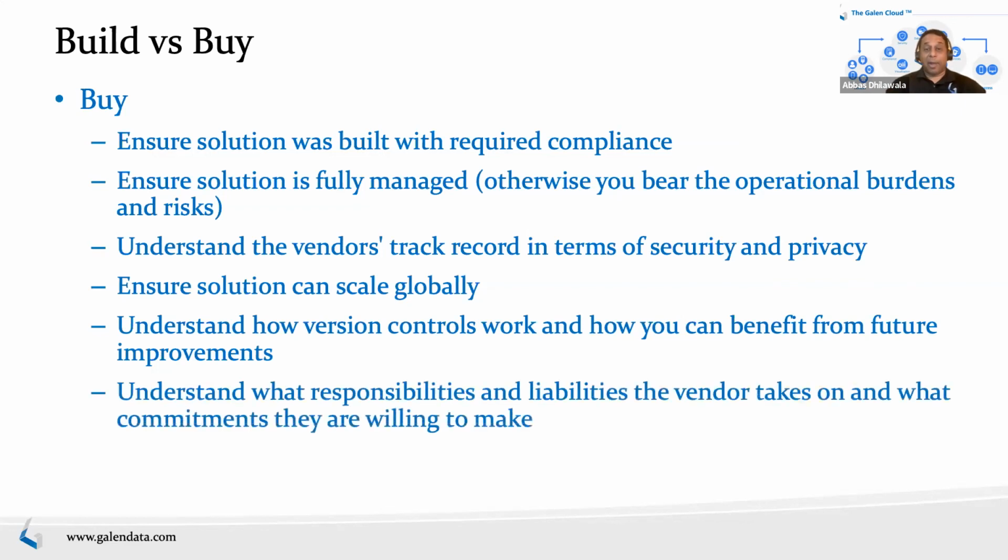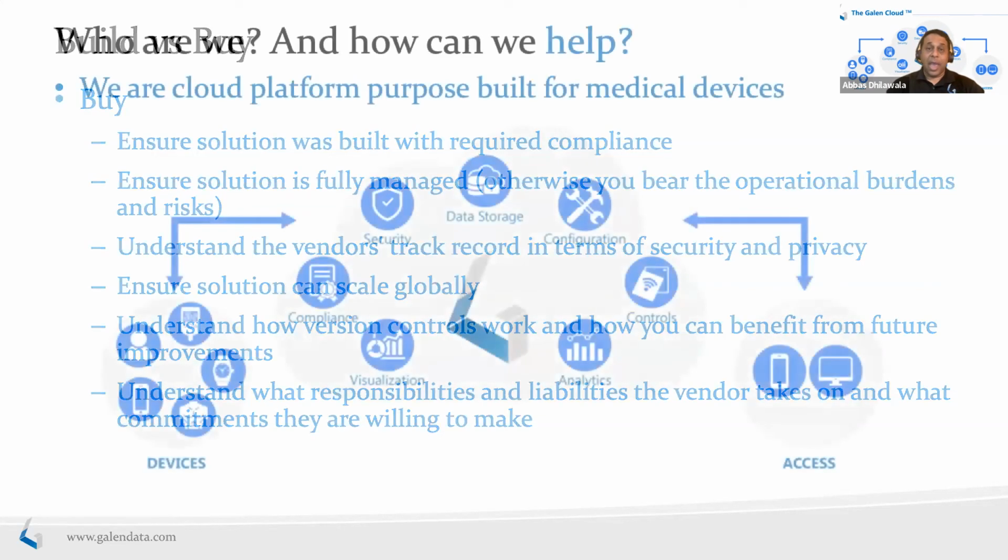And then understand the responsibilities that the vendor is going to take and the liabilities that the vendor is going to take, right? You're trying to offload some of the responsibilities and some of the liabilities. What does that offloading look like? How much of the cybersecurity risk, and if there's an event and there are fines, for example, or lawyers need to be involved, where is that from a financial liability, a risk liability, and a reputational risk? What kind of liabilities is the vendor willing to take? So consider all those things if you're going to buy.